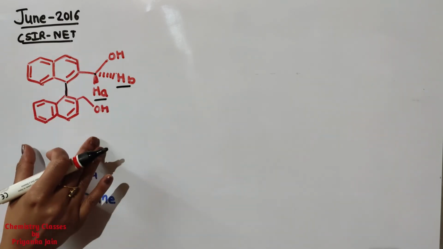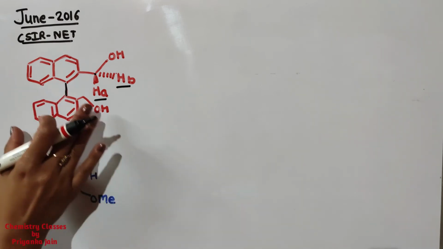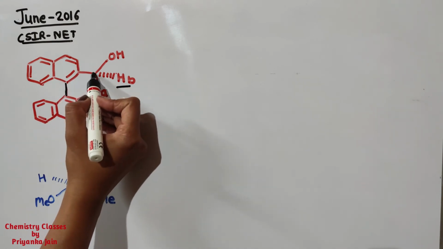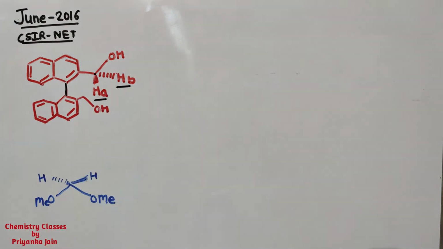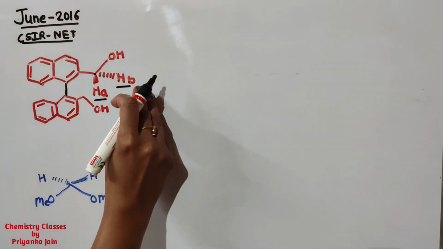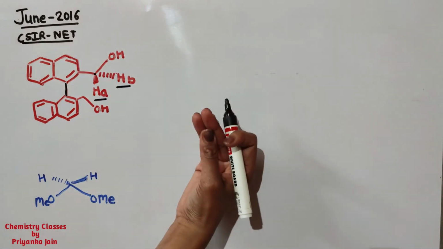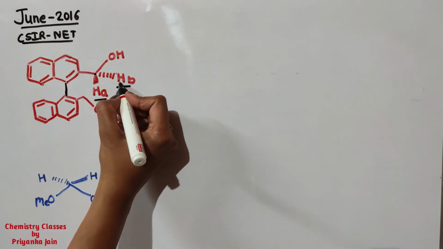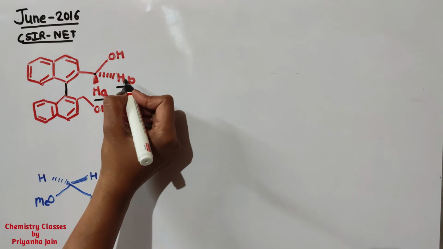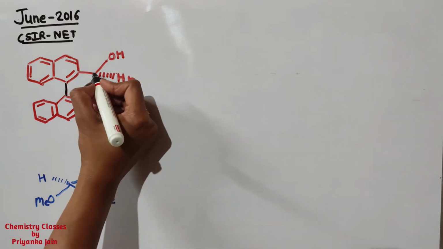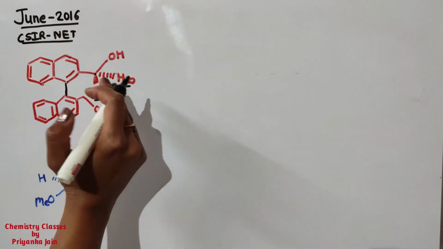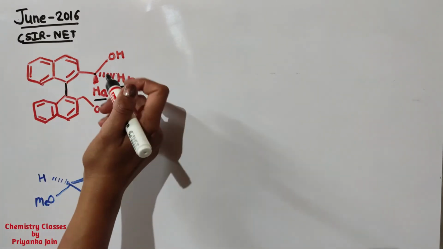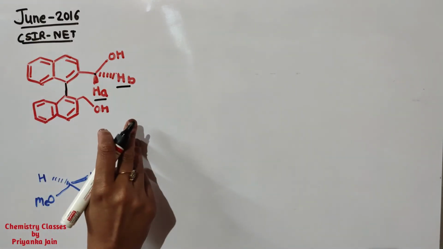Firstly, you should remember here that if the bulky groups are attached to the biphenyl system, then it is chiral, right? Now to this chiral system, this carbon atom is attached. If I am replacing one of the hydrogens by another group, then what are we getting? We are getting a new chiral center. Suppose we are substituting this hydrogen by the X group, by the chlorine group, then this carbon will also become a chiral system, right? So this will be chiral and this system is also chiral. So the two hydrogens are diastereotopic, right?